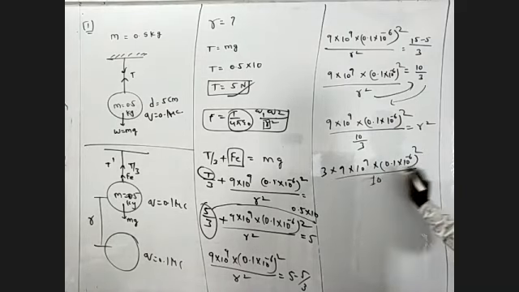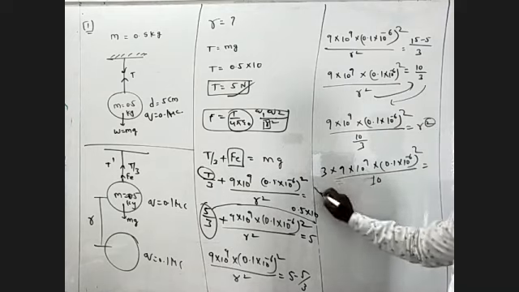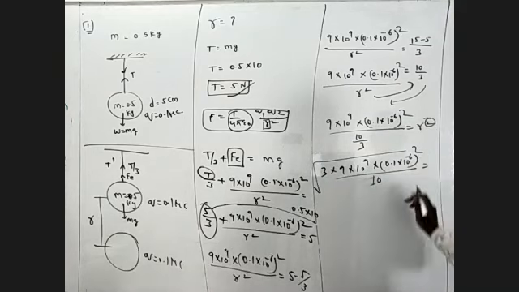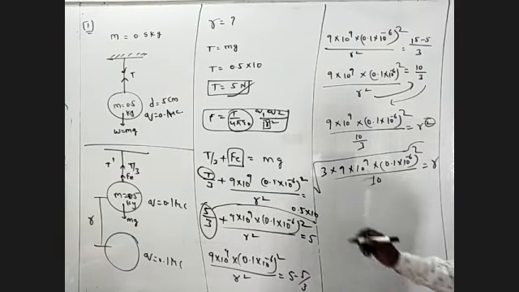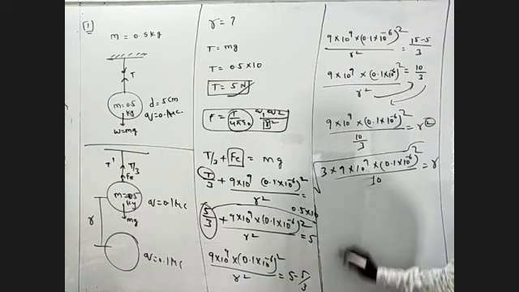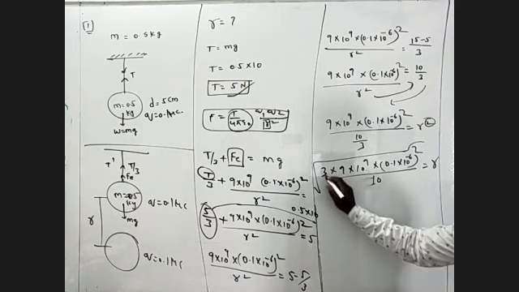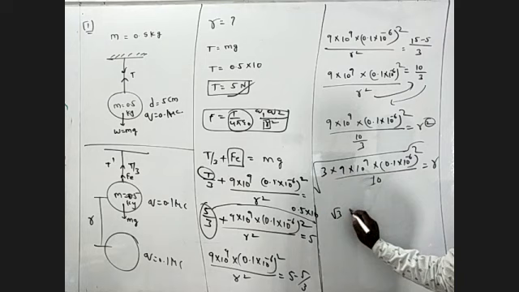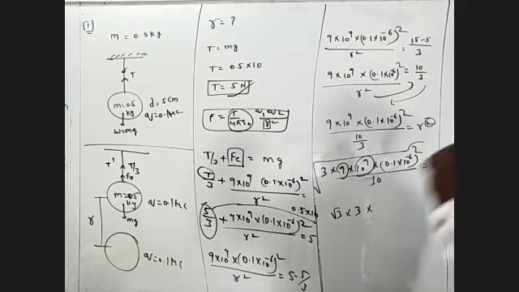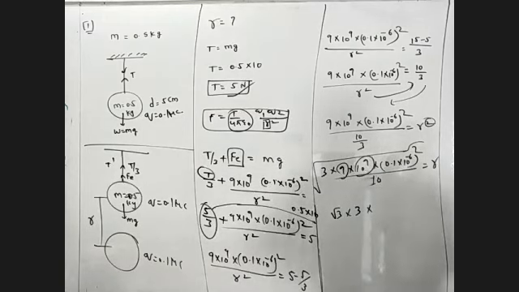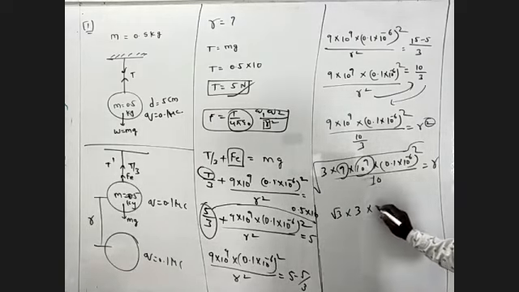Take the square on this side, it becomes root. This is the r value. Now in this situation, this is 3 into root 3. This is 9, root 9 means 3, and this is 10 power of 9. 10 power of 9 means we're going to write